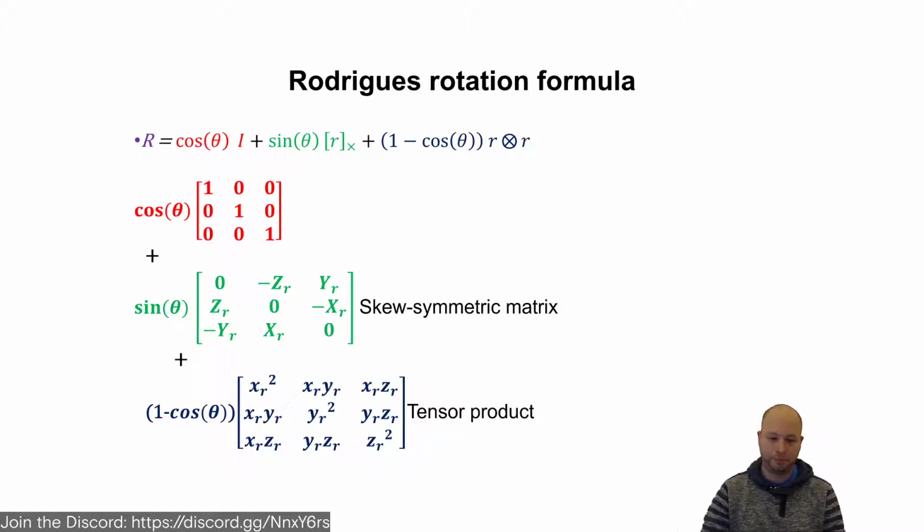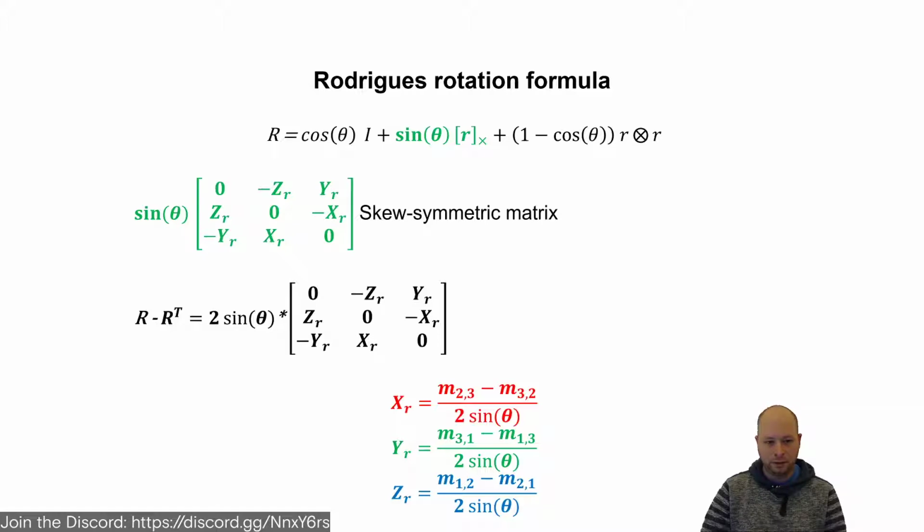So let's pop up again. You can see the first component of the Rodrigues rotation formula is just the identity times the cosine theta, plus the skew symmetric matrix times the sine theta, plus the tensor product of our respective vector and the theta around that. And so as we dig into that, we can see that to get the